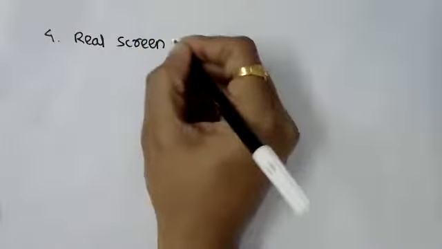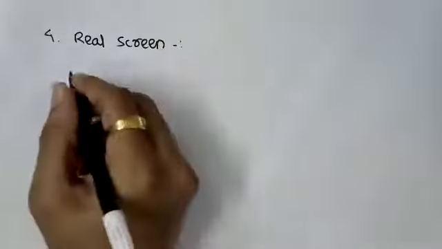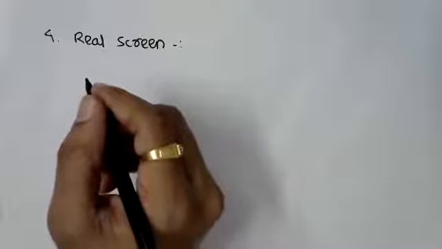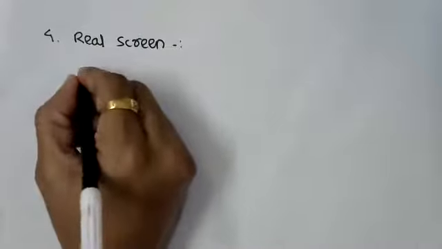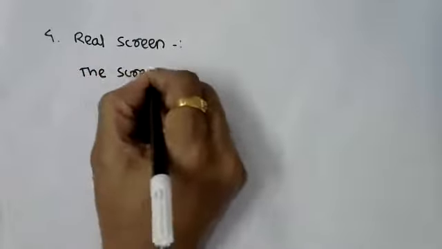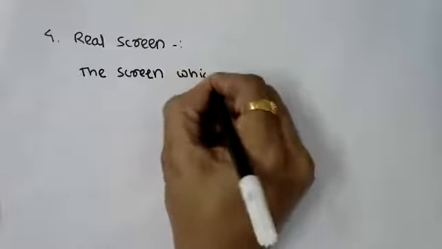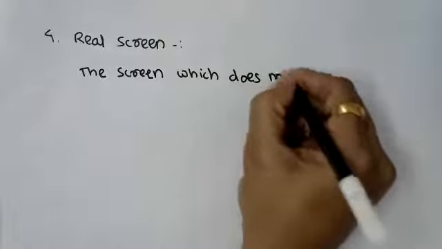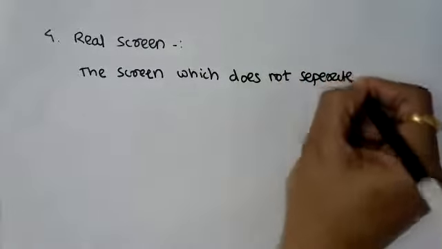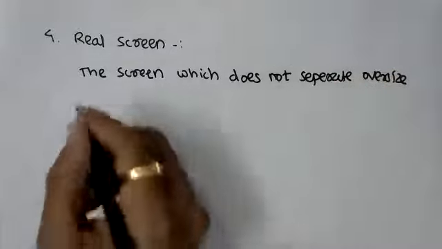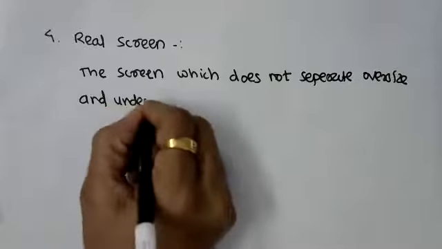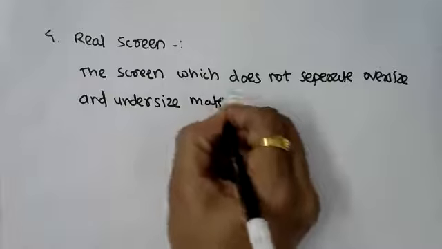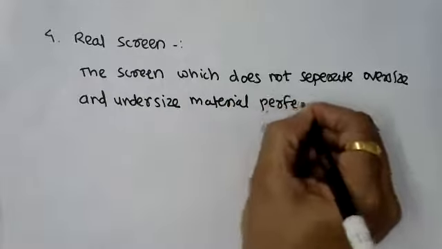A fourth term which may be often discussed is real screen. Real screen means what? If you understood ideal screen, you will be able to define what is real screen. Real screen means the screen which does not separate oversize and undersize material perfectly,